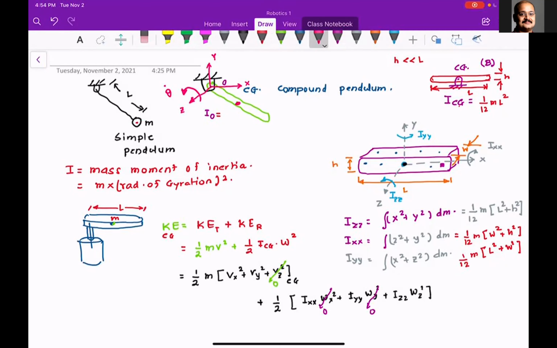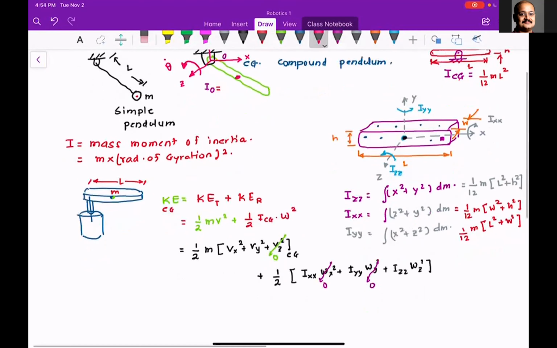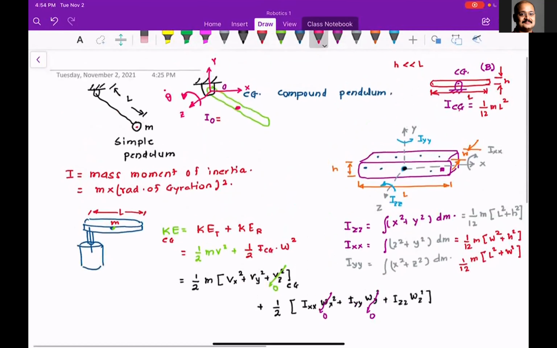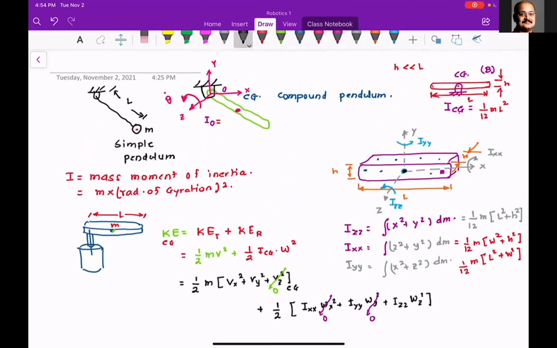Remember how we eat an elephant in pieces. Whenever you see a 1 link robot or a 100 link robot, this is going to be your first step: locate the CG on each and every link, and write down the kinetic energy for the individual link. So this is just a 1 link robot. Now what I'm going to do is write down these expressions. So let me write this down.